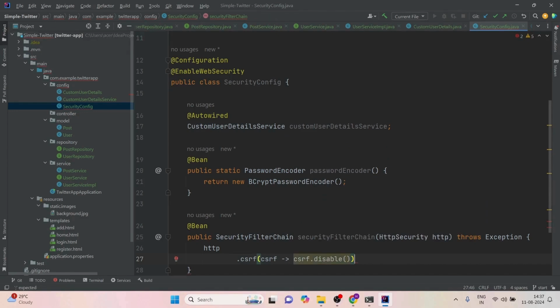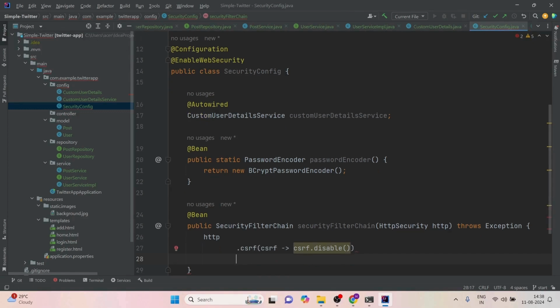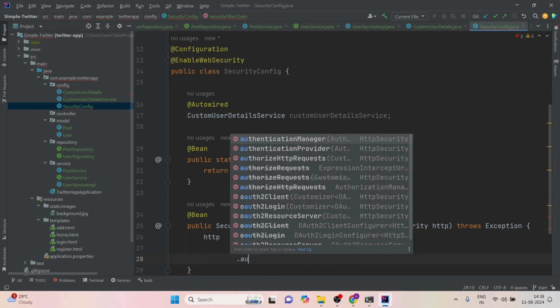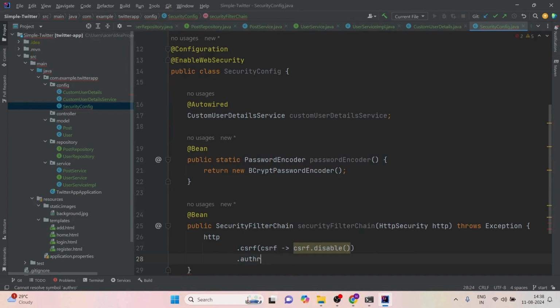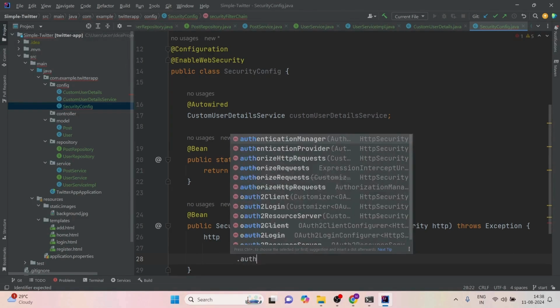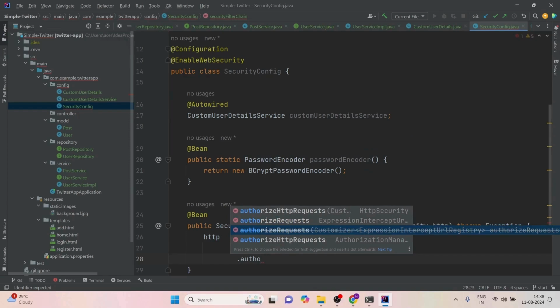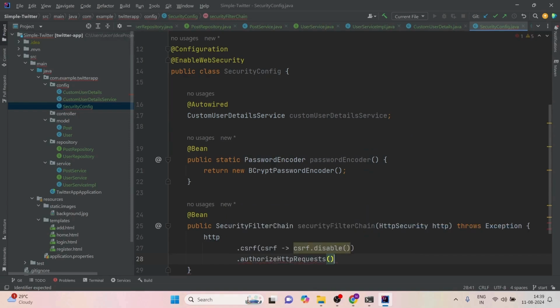Now line number 27 disables CSRF protection. This is typically done when working with non-browser clients or testing. After this, we'll define some authorized HTTP requests. We'll type in authorizeHttpRequests,